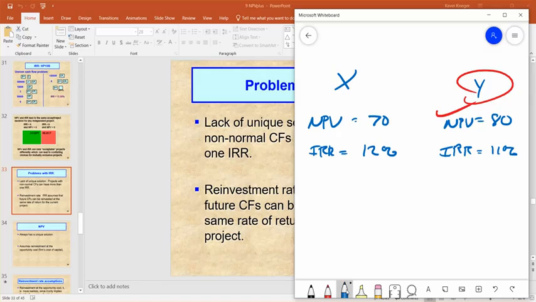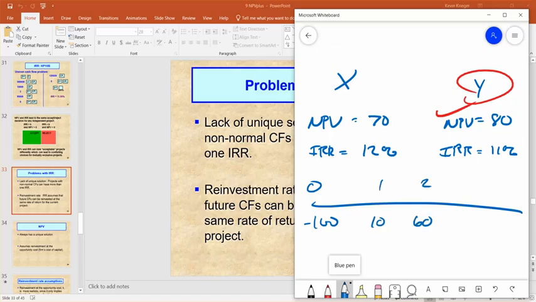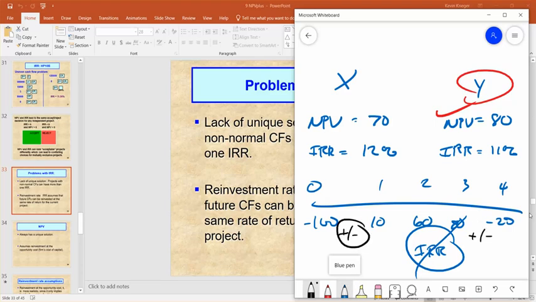So if you had something where, for example, you had an upfront cost, 10, 60, 80, and then you had another cleanup cost at the end, well, now you can't do your IRR because you had a non-normal setting where the sign changed more than once. It went from negative to positive between time 0 and 1, but then back to negative at time 4. Remember, I had a negative sign here. So IRR is not okay. You can't use it with non-normal cash flows. Long story, but that's the case.